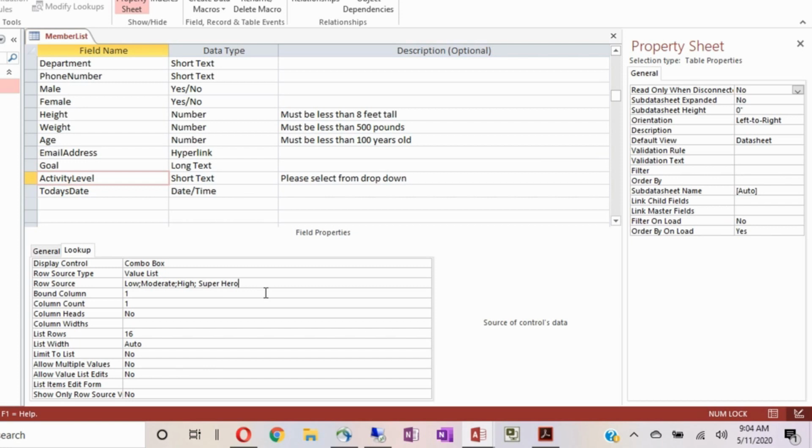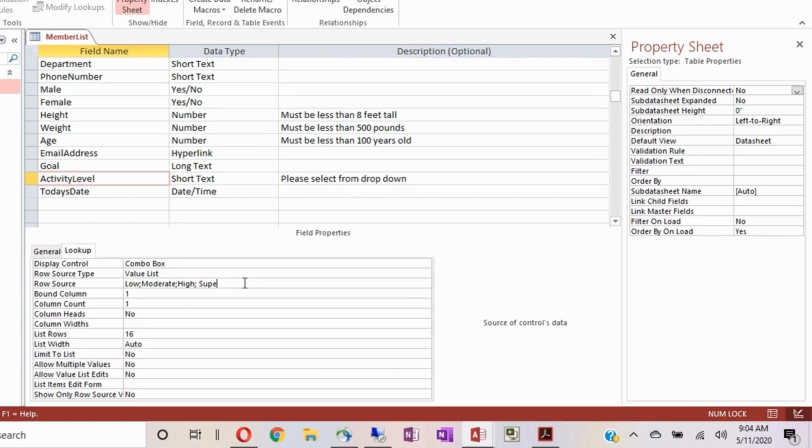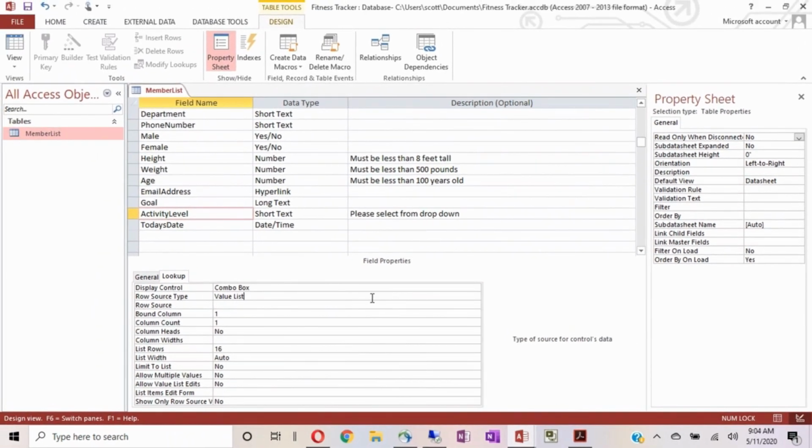This would be if you had a list that's never going to change or rarely is going to change, because it's simple. It's real easy to just, as you're going through here, setting that up. The other option is what's known as, well, you do a field list, and it's going to pick options from the existing field. But to set up a table, real simple. We're going to save this,